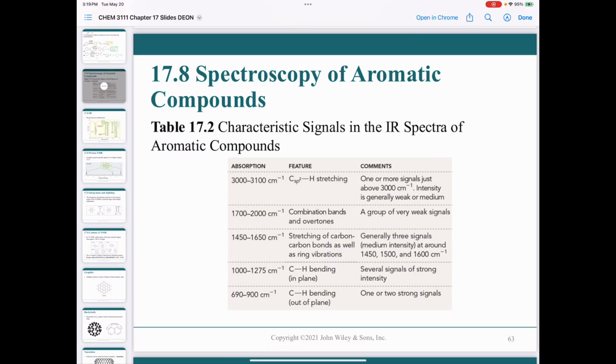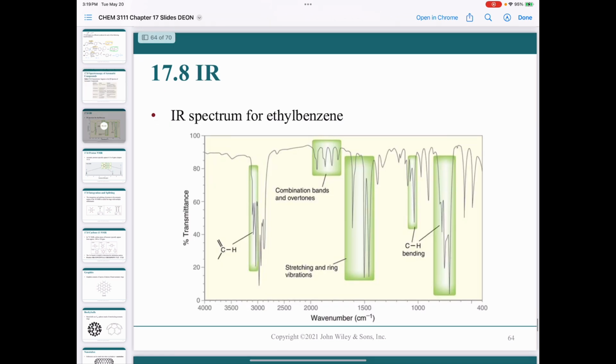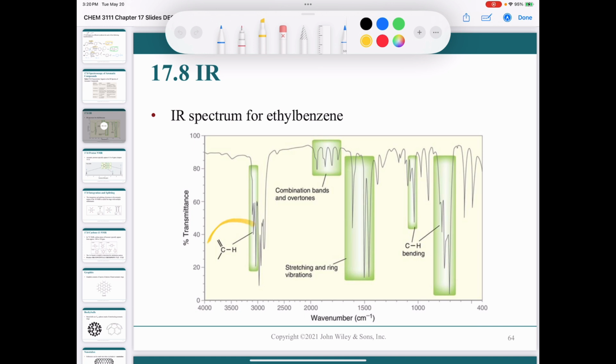Benzene derivatives generally produce signals in 5 characteristic regions of the IR spectrum. These 5 regions and the vibrations associated with them are listed in the table here and can be seen in the IR spectrum of ethylbenzene, which is shown right here. Notice that the signal is just above 3,000 reciprocal centimeters, meaning these ones right here,